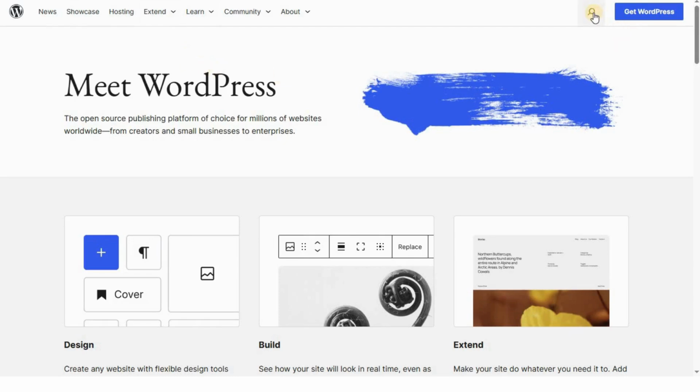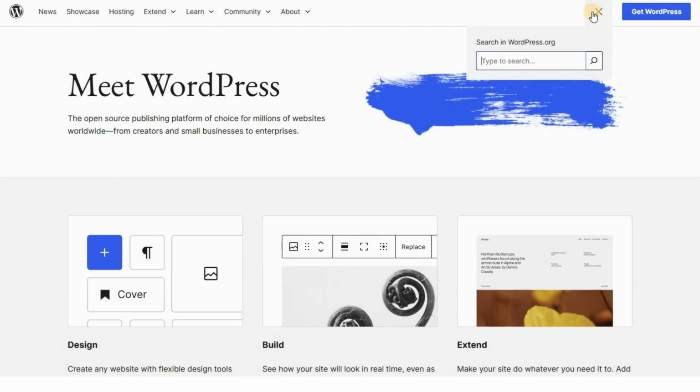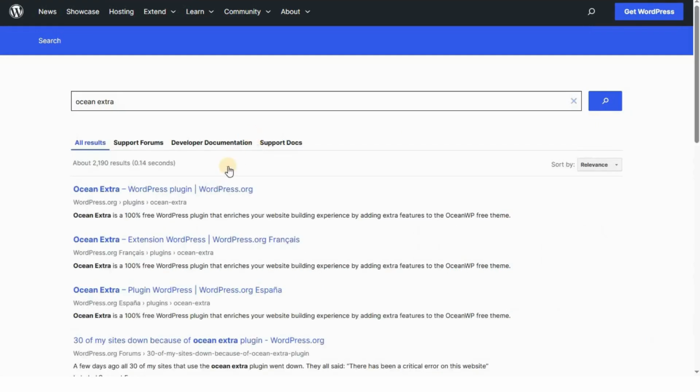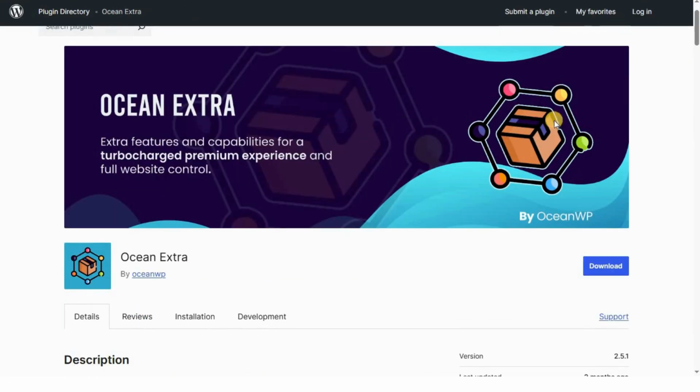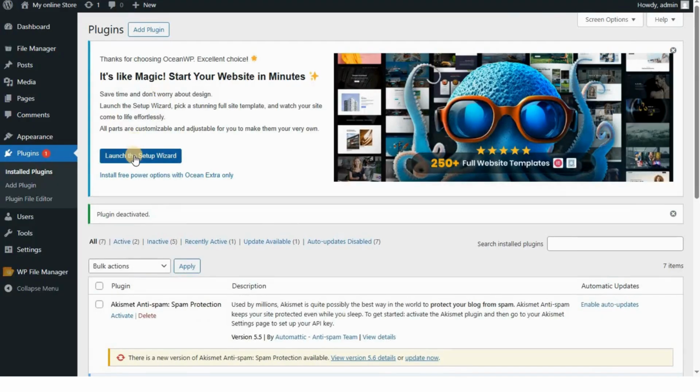Now go to wordpress.org and search for your plugin. Now click here on this download button. After downloading the zip file, go to your WordPress dashboard again and then click here on add plugin